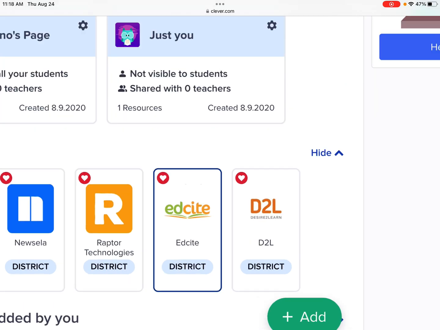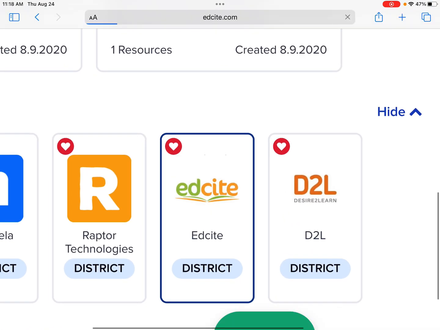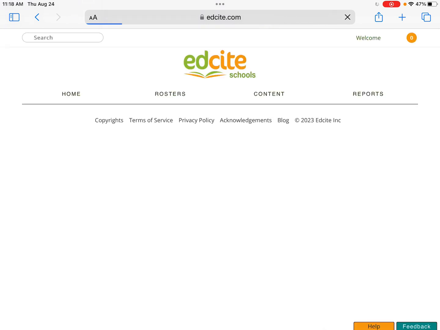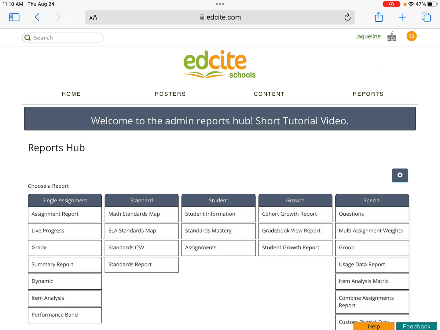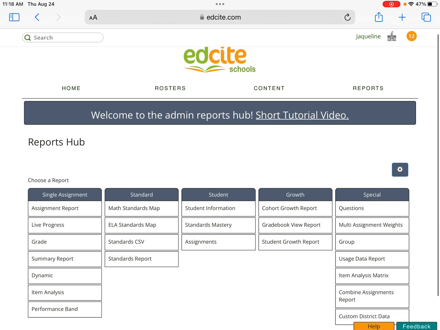@ideastudent.org, and then your birthday with the idea. You're going to click on EdSite. It is this little button right here. When you start your exam, you will have a blue start button. You do not have any assignments, but at the very top corner, like around EdSite, you are going to have your